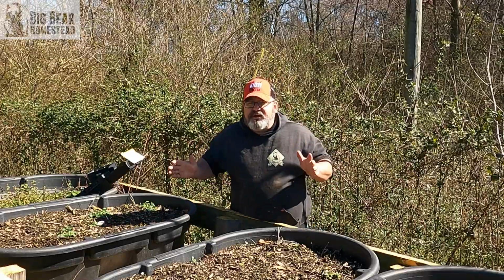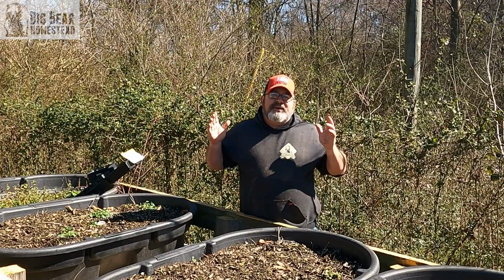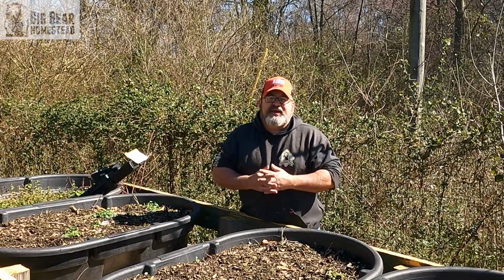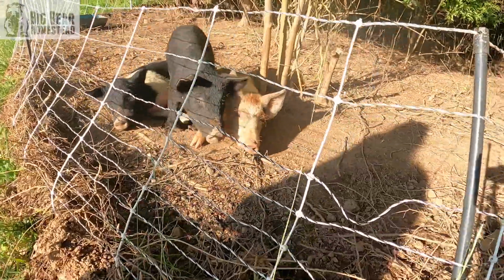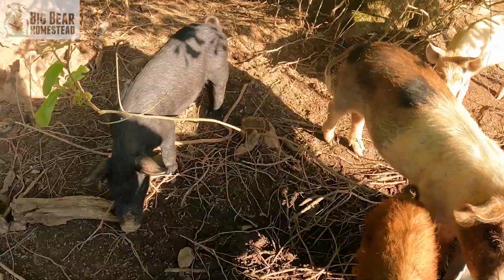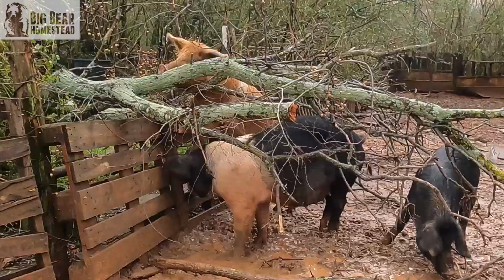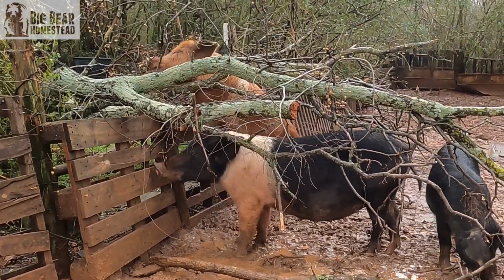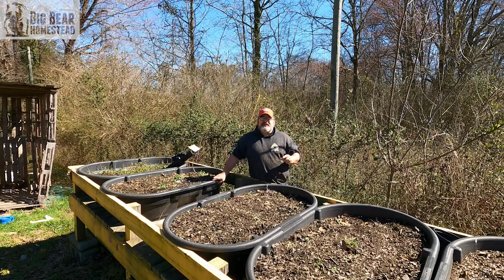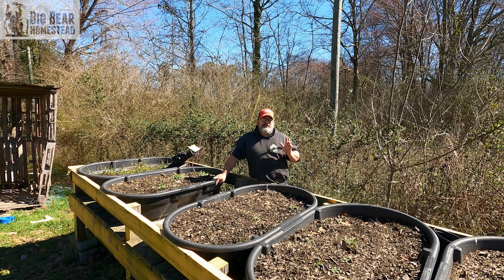Now, trying to be more self-reliant, be more sustainable, Jason, is there anything that we can plant to feed our pigs? And the glorious answer to that is absolutely. Now, the short answer to that is pretty much anything that you can grow on your homestead. For the most part, your pigs can eat it,